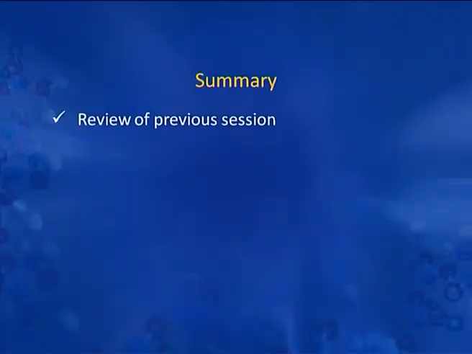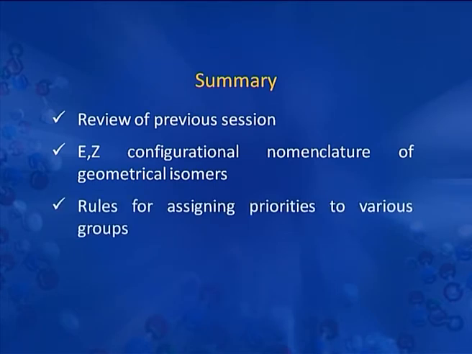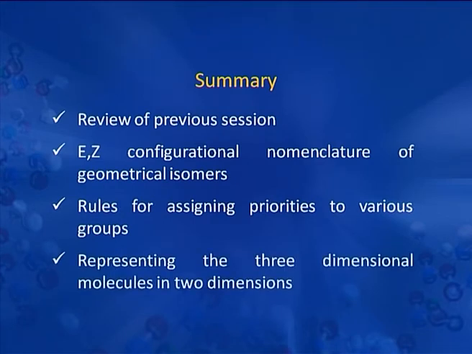So in our today's session we reviewed the work of our previous session, then we discussed how we can assign E and Z configuration to different geometrical isomers. We also studied the rules for assigning priorities to various groups, and then we discussed how three-dimensional organic molecules are represented in two dimensions. In our next session we shall discuss about